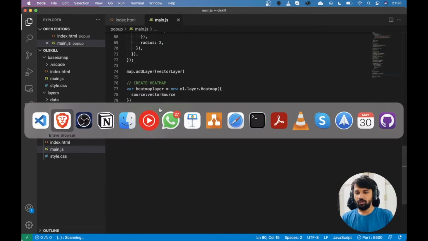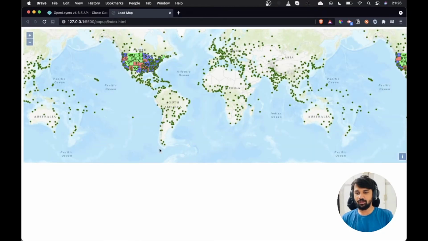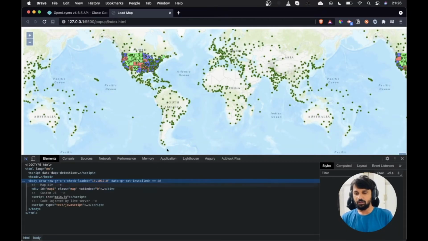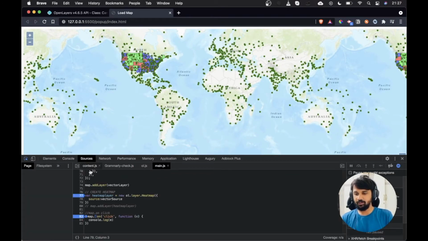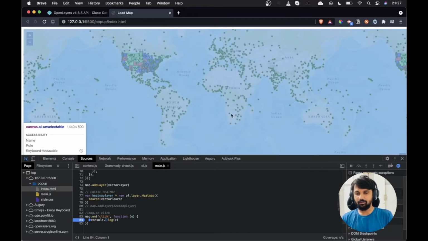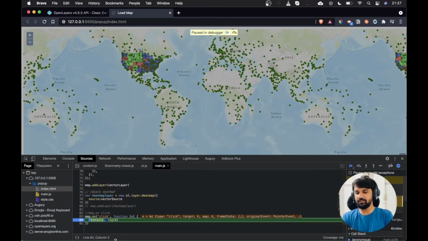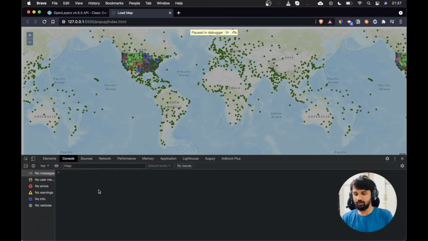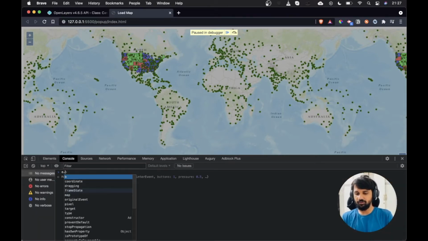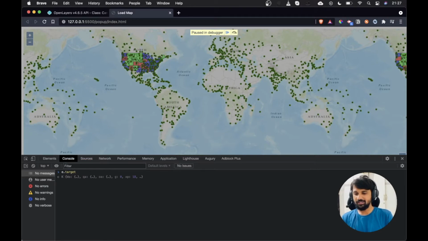There we go. Now if I save and go back to my browser, I will open the console side by side and add some debuggers at this e. Okay, now if I click on the map, you can see that we get inside this map.on click event, and e represents the event. So if I do e.target, you will see that I get some information.